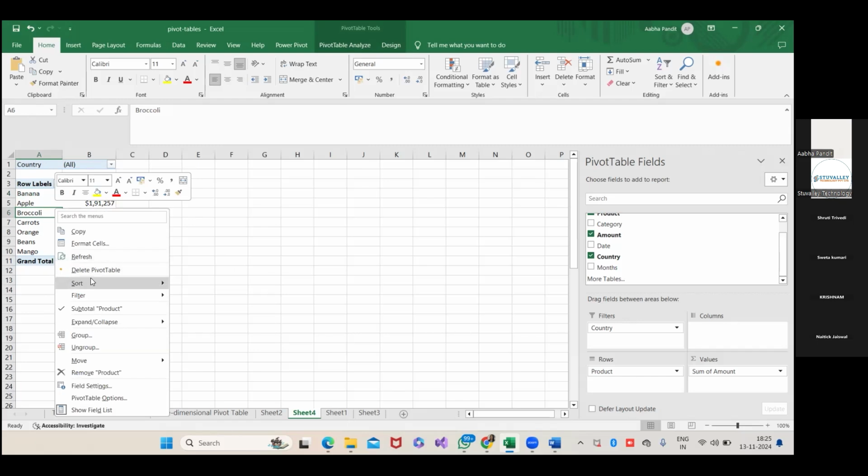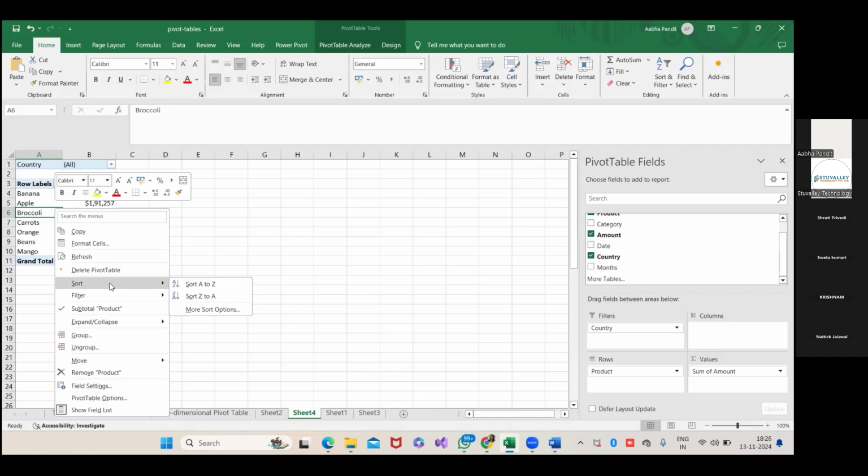Okay, it's not only just having a pivot table, we can even customize it. मतलब यहाँ पे अगर कुछ changes करना है तो आप यहाँ पे भी change कर सकते हो by just going into the drag fields between the areas, or else you can directly have it for quick view using the right click option of your mouse, and you can do sorting, filtering, everything is possible. Okay. Okay, ma'am.